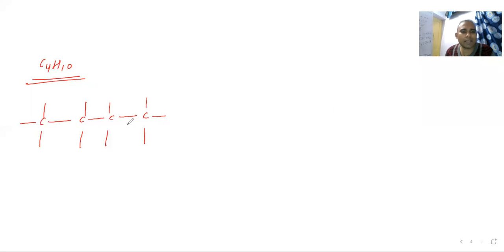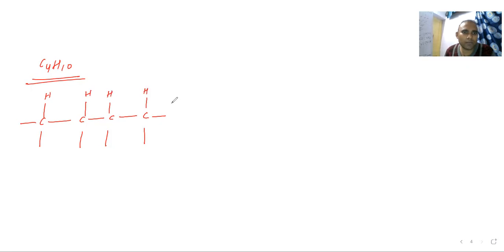Let us try to understand one more. Here I am taking this one. Suppose I have C4H10. This molecule is there, C4H10. So how can you represent C4H10? That is 4 carbons. Now we know that carbon valency is 4, so we are writing 4 bonds. All have 4 bonds. And now 10 hydrogens are there, so we are going to mention the 10 hydrogens.